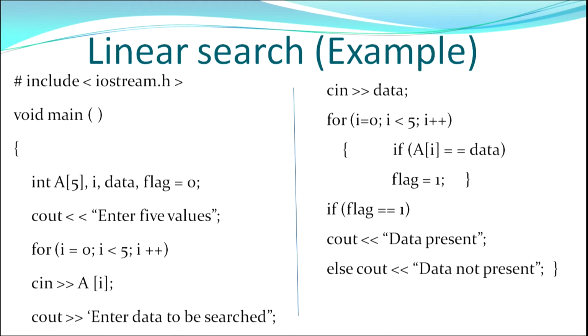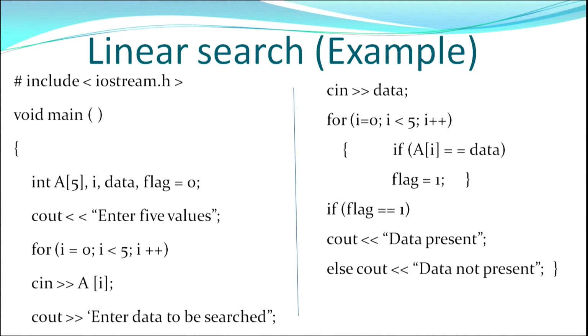being checked. First i will be 0, the first element will be checked. Next time i will be 1, second element will be checked, then the third element will be checked and so on. So, with every element I am comparing with the value of data. If it is found, the value of flag, another variable whose value was initialized to 0, now changes to